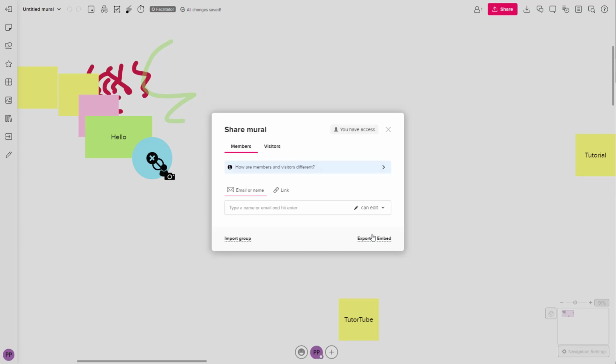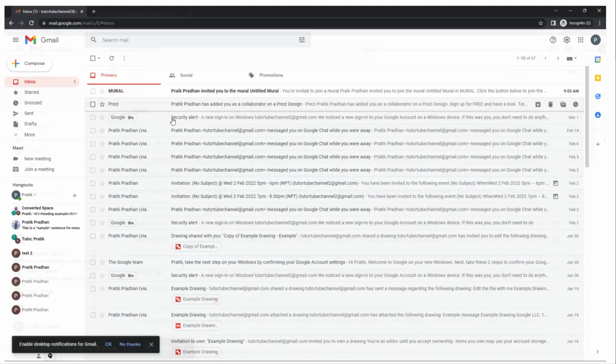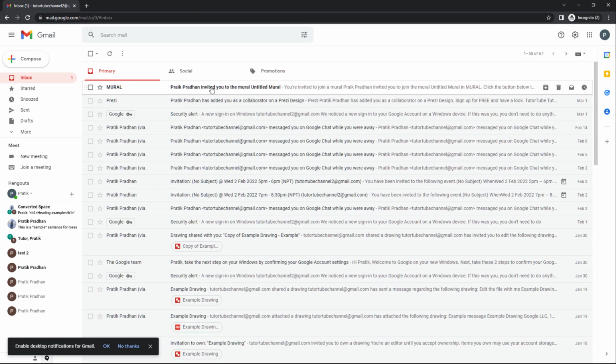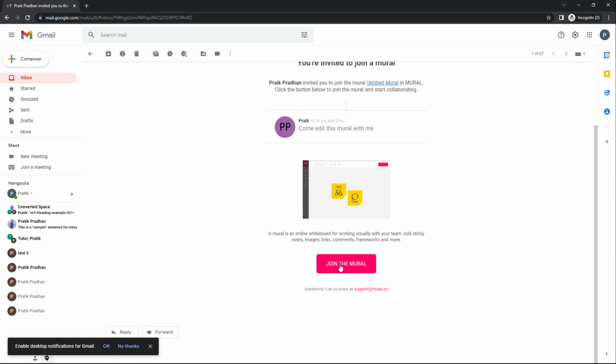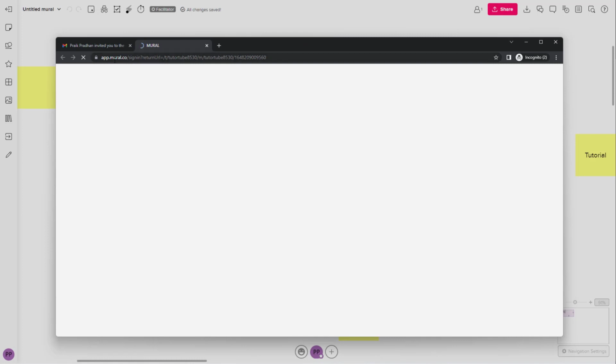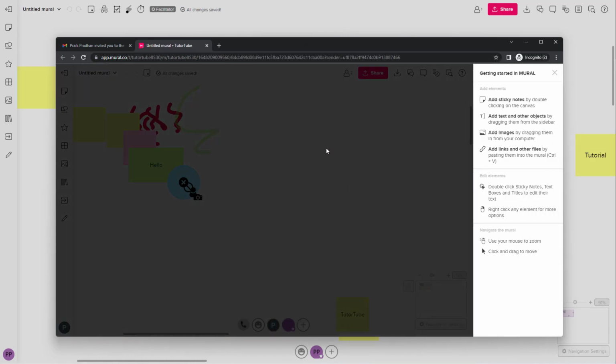So once I do that, I can send invite, and what happens is that the invitation will be sent to the other person. So the other person will receive an email like this, as you can see. So they will be able to receive an email like this. It says like a mural invite right here, and you can click on join mural button right here, and on their web browser it opens up the link right here, and they will be able to access out the mural